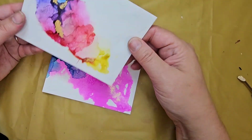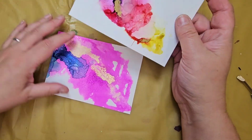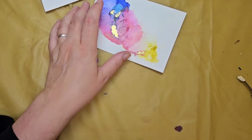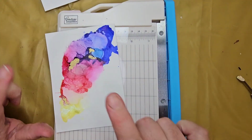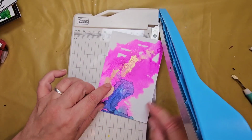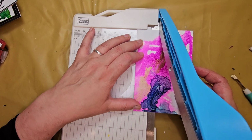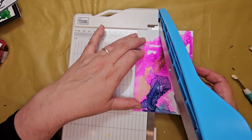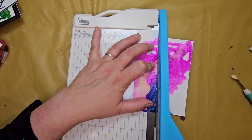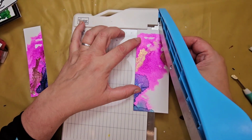That one and this one. We are going to do them very similar, different. So the first one will be, actually we're gonna do this one, and I'm going to want about 1.5 inches of that one. Yeah, that looks good. And then again about 1.5 inches of this one,